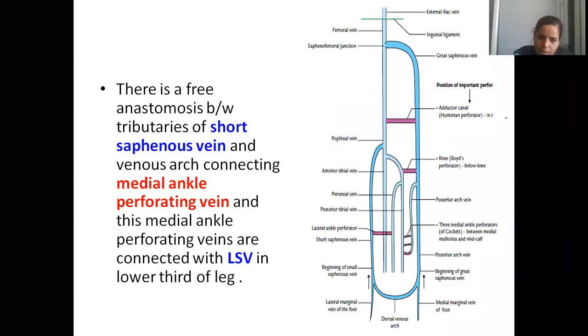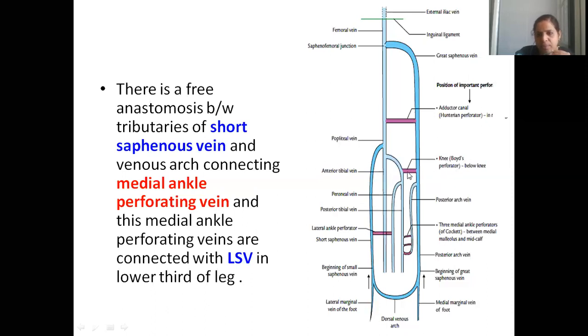Now, see here, small saphenous vein. It's communicating with which vein? Peroneal vein, isn't it? So this is lateral ankle perforator. That means the blood from this short saphenous vein, it is moving to peroneal vein via lateral ankle perforator. Then as you move towards the knee joint, below knee. We call it as Boyd's perforator. So great saphenous vein is now in communication with posterior tibial vein. See, this is posterior tibial vein by means of